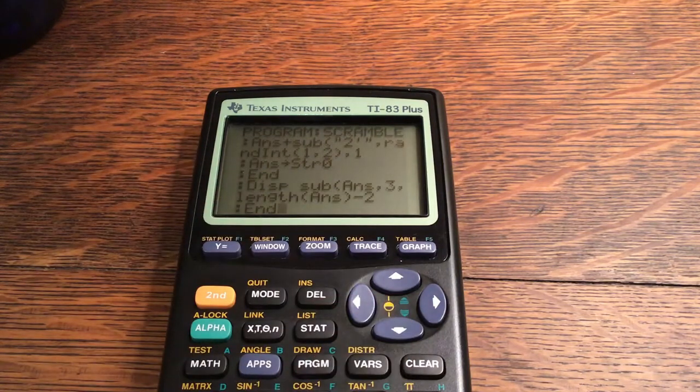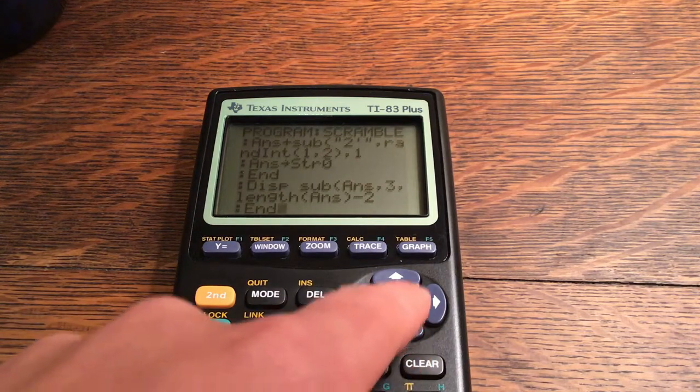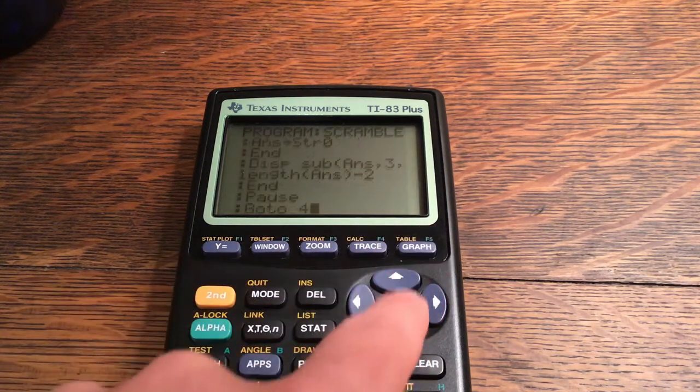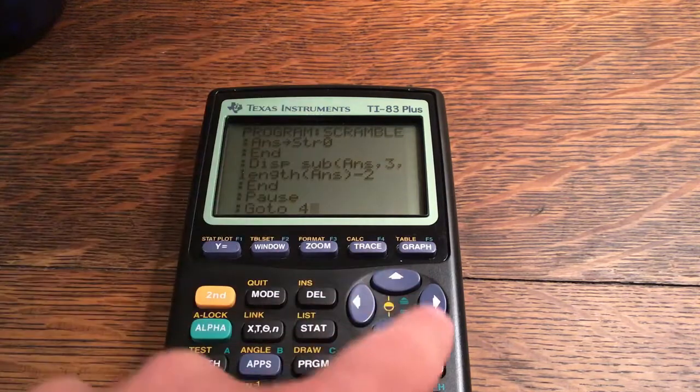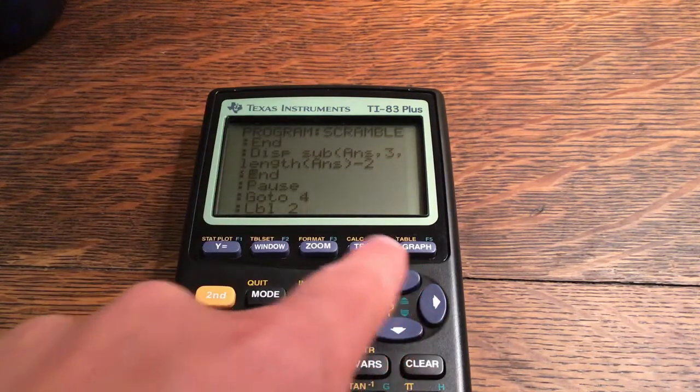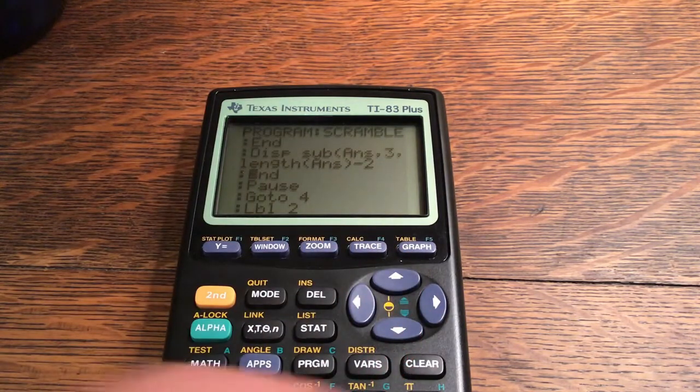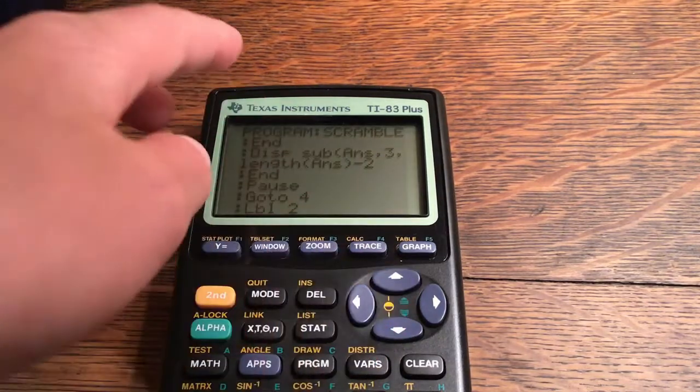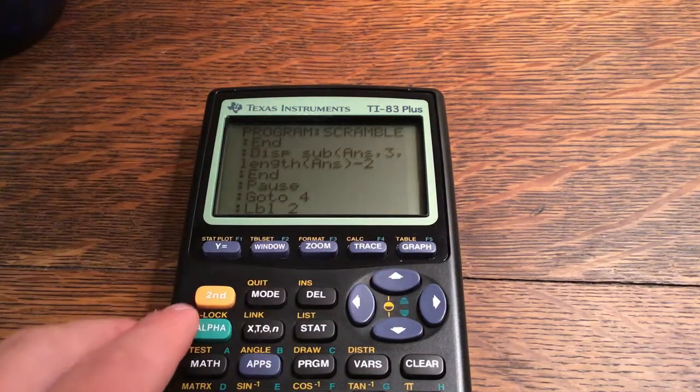And display sub answer, comma 3, comma length of answer minus 2, and pause, go to 4, so go back to the beginning. And if you want, what you can do at this point, after you've typed all that out,